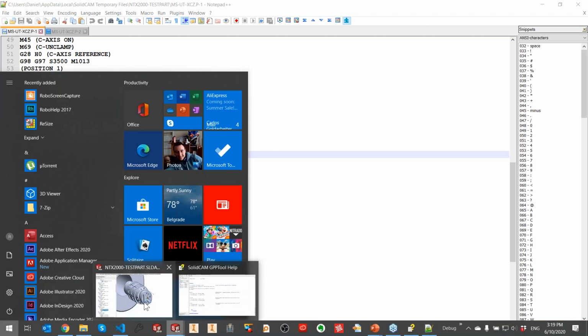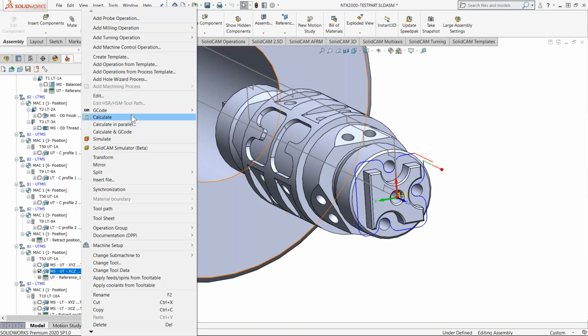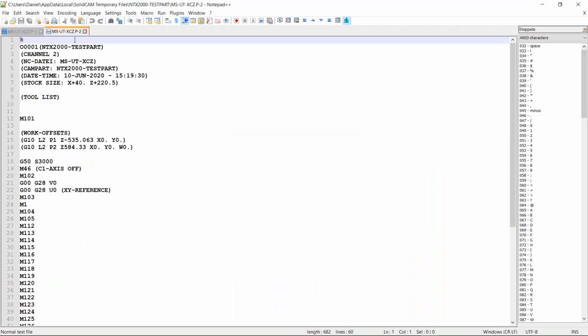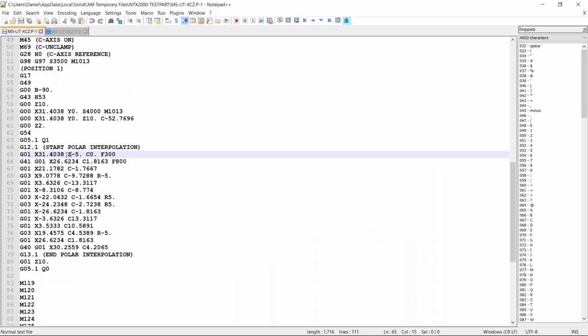So if I now generate a G code, and I go G code and generate and click OK, and I click OK again, then you can see my next X position is the same value as it was, and my C is 0. So in most of the cases, guys, this is the right output. Okay,